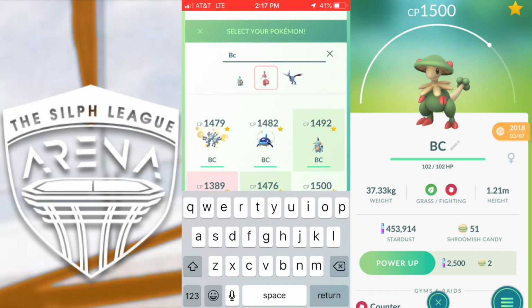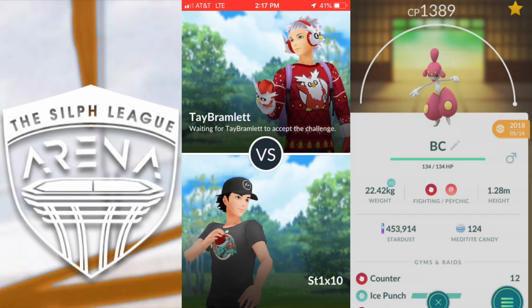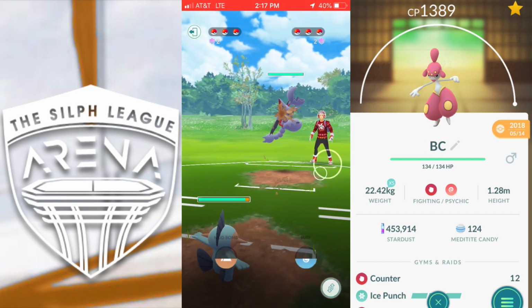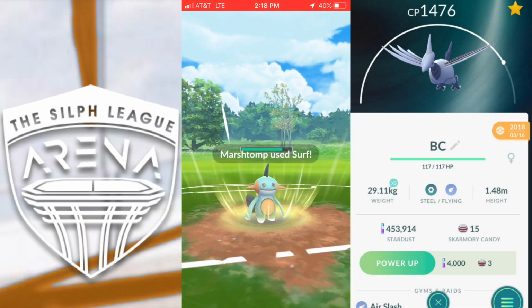Now the second round, I decide I'm going to change into my Magneton just to change it up a bit. See if I can get a victory with that. Now he starts off with his Gliscor again against my Marshtomp. So I hit it with Surf first because last time I hit it with...